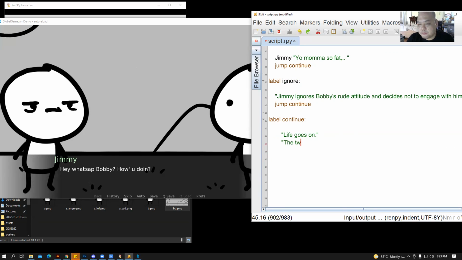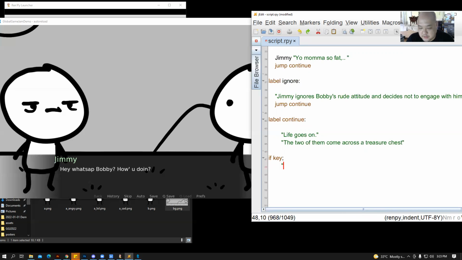The two of them come across a treasure chest. Now you can create an if statement. So if key. Sorry, must use the right colon. If I'm not mistaken, it's called a colon. Right. If key,